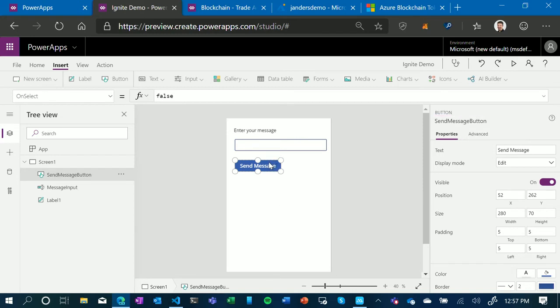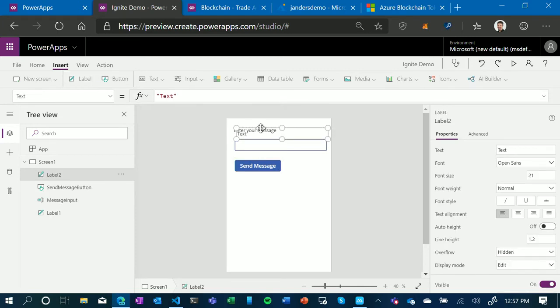Okay. Now what we need to add is another label. We're going to put our transaction hash information in. So this is transaction hash, and then one more label that's going to store that value. Okay.